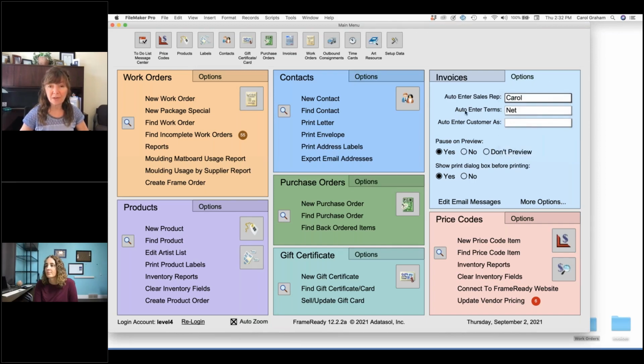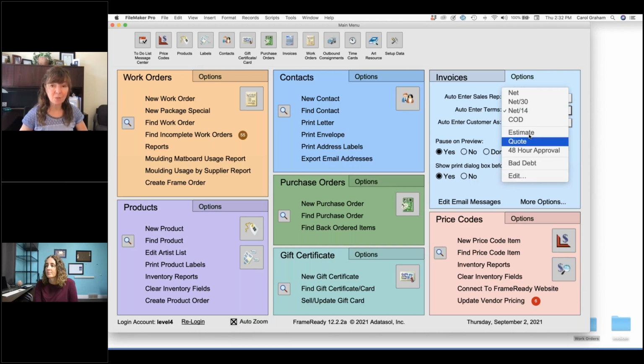Okay, over here we have the auto terms. Every time you create an invoice, it's going to put the terms in there. And they found that if you had net, or at least net 30 or net 14, the shorter the number of days for people to pay, the more likely they were to pay sooner. So if you wanted to select something to encourage people to pay a little sooner, go ahead and do that. It's up to you. Again, the word edit is at the bottom of that list,